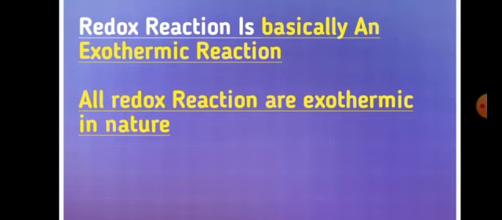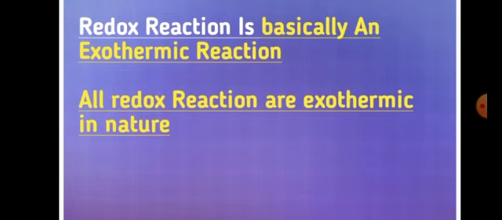And remember that not all reactions are redox reactions. So there is some exception, right? Your neutralization reaction and your double displacement reaction are not redox reactions at all. So these are some examples of reactions which are not redox reactions. That means your neutralization reaction and your double displacement reaction, which is given in your textbook, right? And exothermic reaction means a reaction in which heat is evolved or released.